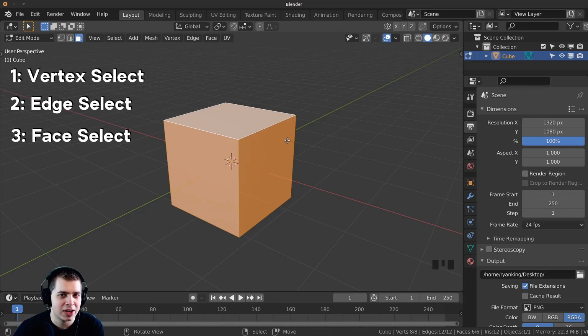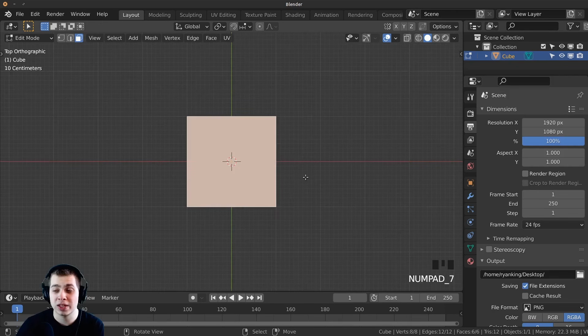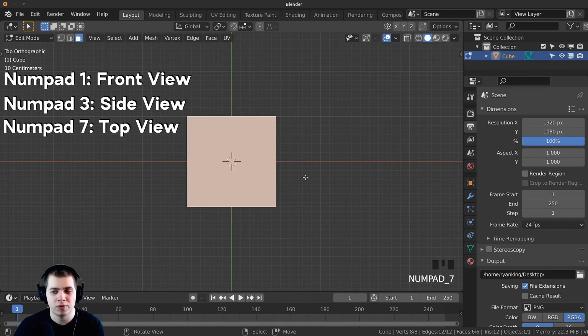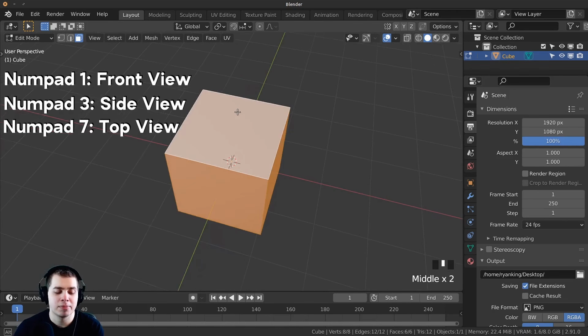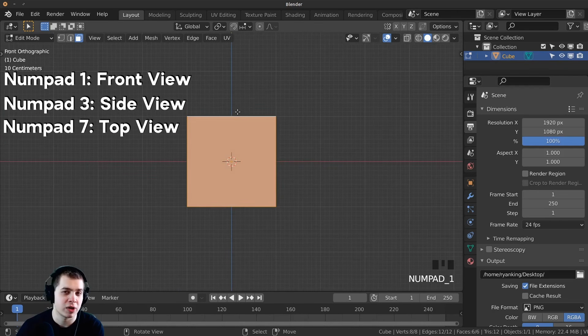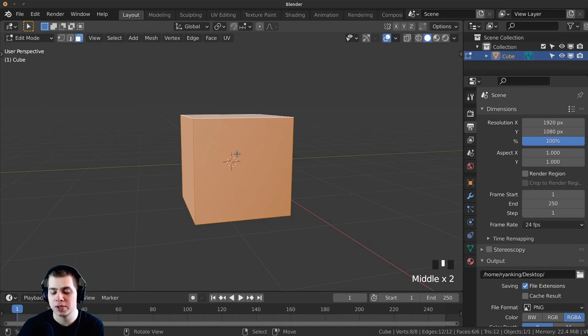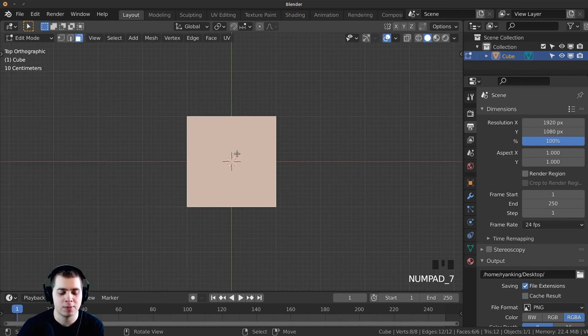Now, as I talked about in an earlier video, if you don't have a numpad, you can use the top numbers instead of the numpad for the 1 for front view, 3 for side view, and 7 for top view, and those are really important for moving around. But if you've set it up in Blender so that the top numbers are now being used for moving around the view, then this isn't going to work. So because I have a numpad, I'm using 1, 3, and 7 on the number pad to move around, but then the